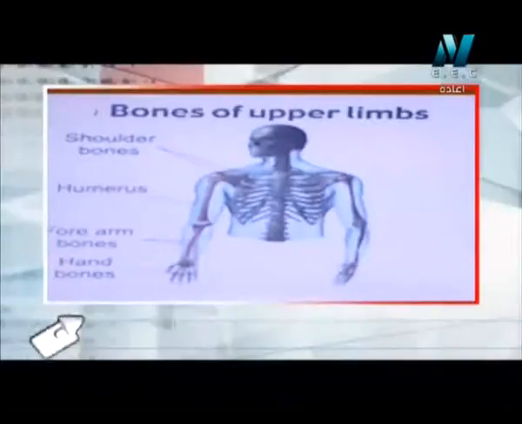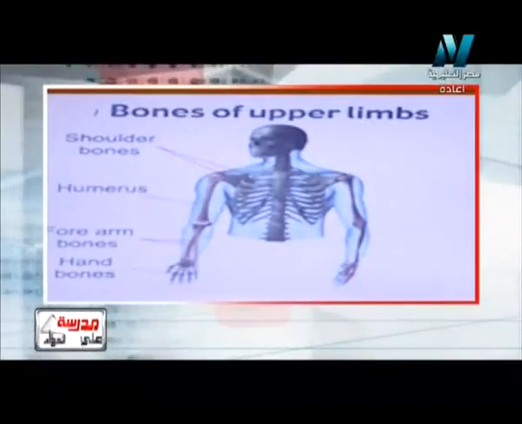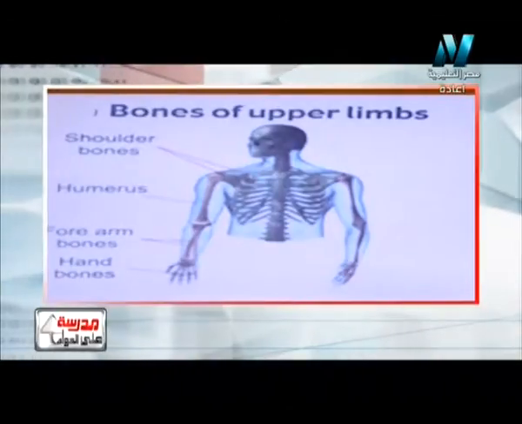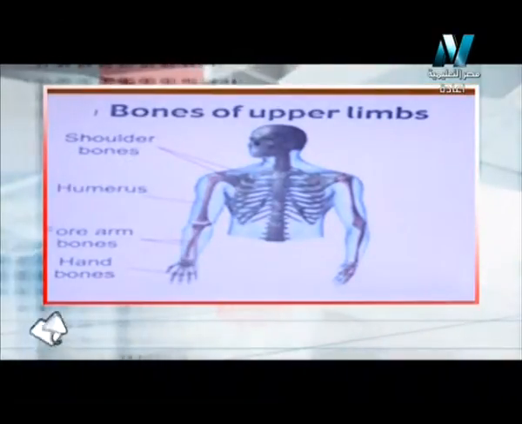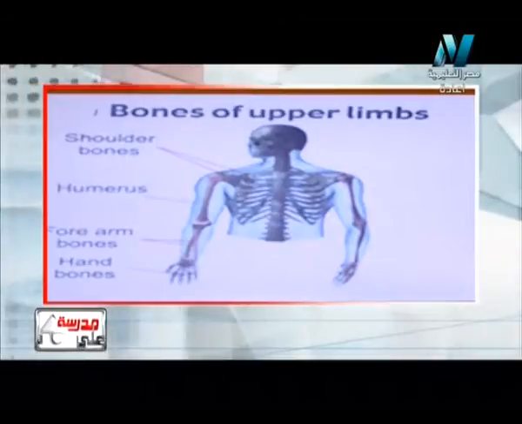Yes. Okay, so the upper limb again consists of 3 main parts, which are the humerus bone, the forearm bone, and at last the hand bone. So now I have a very important picture, a very important image for the upper limb. الأطراف العلوية نشوف مع بعض صورة مهمة ليها. It consists of 3 main parts, which are the humerus bone, forearm bone, and at last the hand bone.